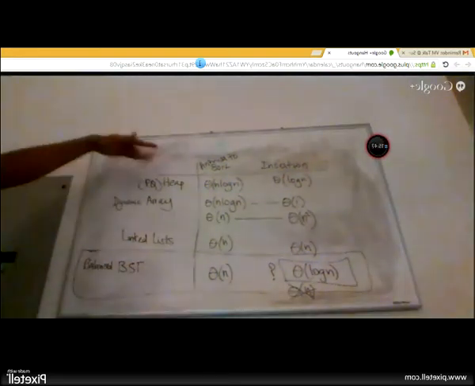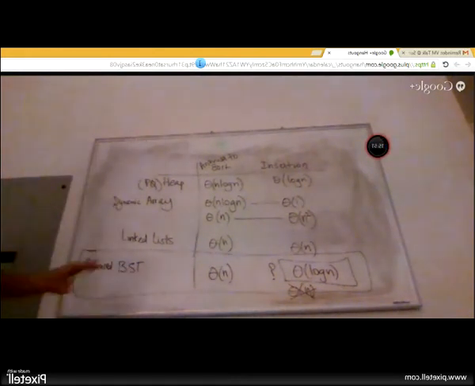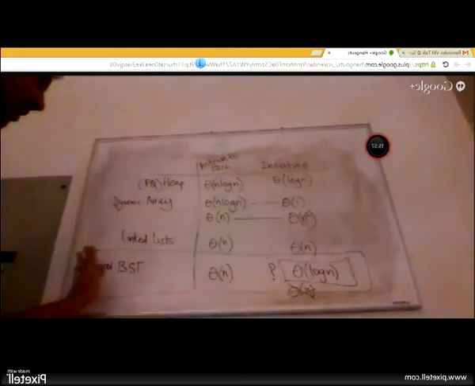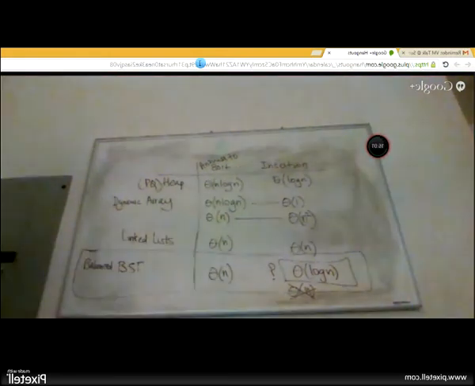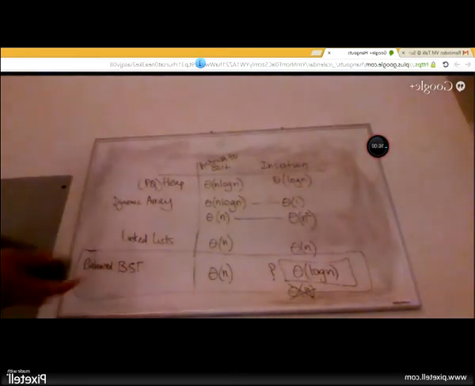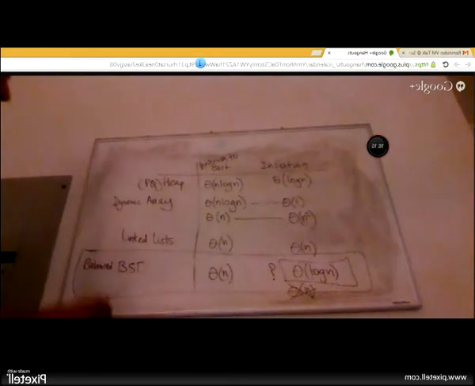Heaps are no good, arrays and linked lists, all of them are no good as opposed to a balanced binary search tree. But do remember that at its worst case, if it is not balanced, then the insertion time reduces to linear time. But if you can somehow balance the binary search tree, probably after every k insertions, then you're good to go. Was that clear? Okay.